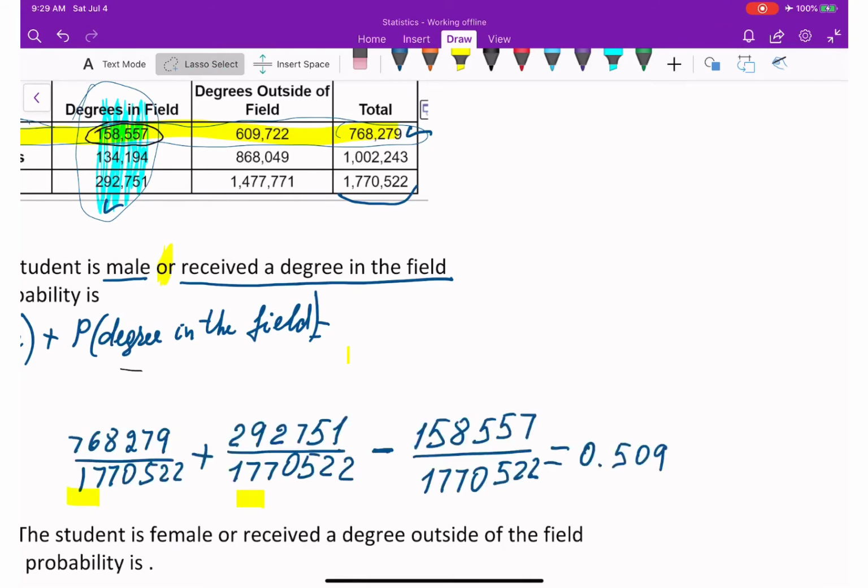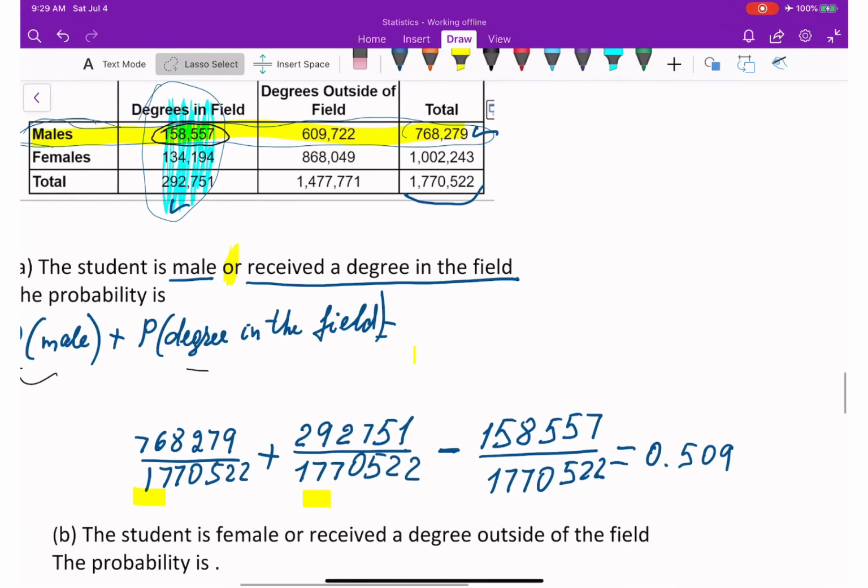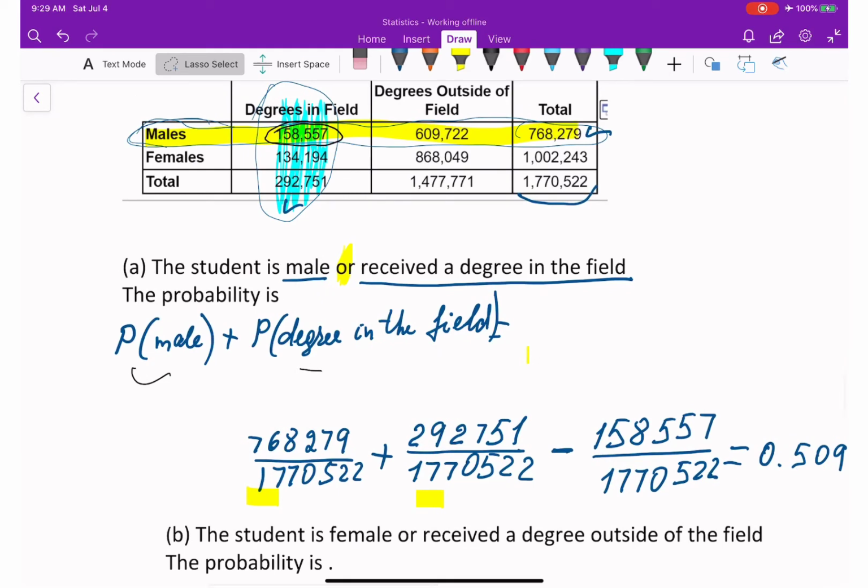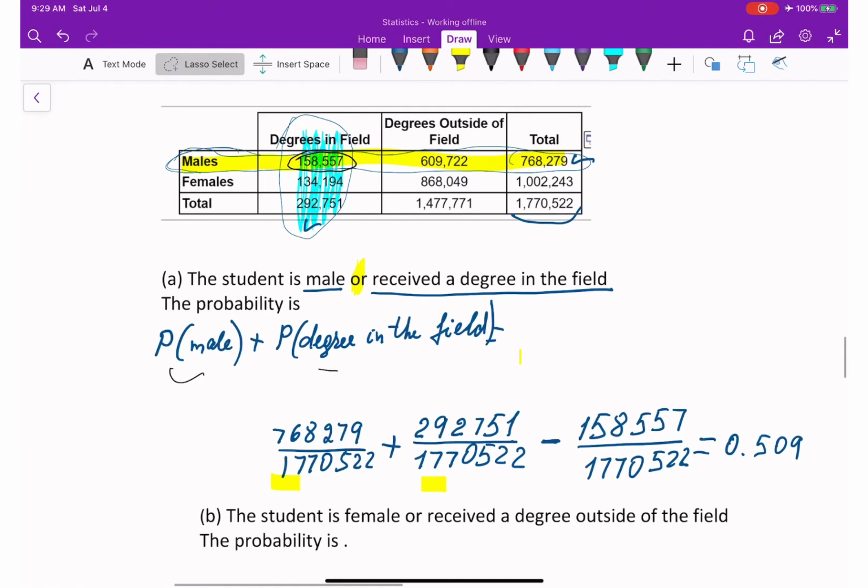There we go. On this end I'm going to clean these parentheses actually, and do minus